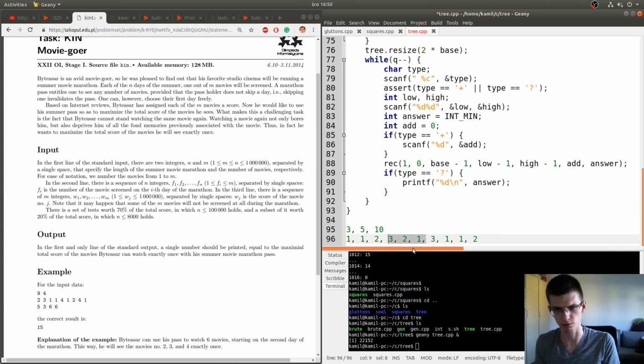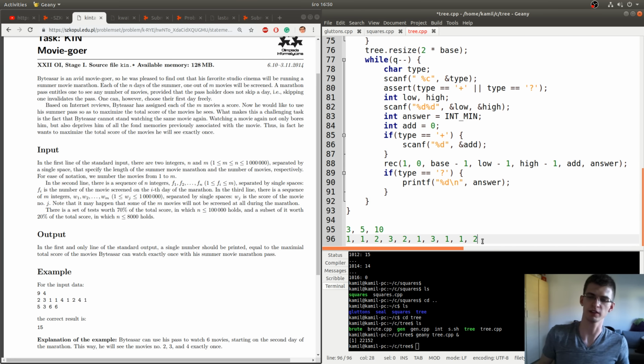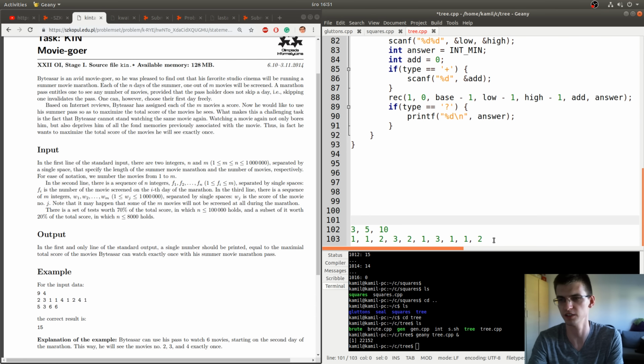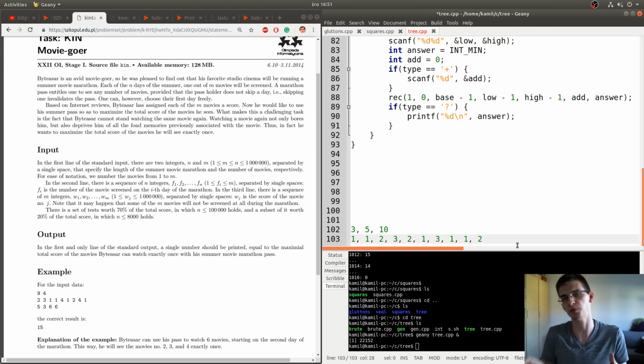This is quite similar to what we did previously with rectangles, but here we have just, let's say, one dimension. So right now we do something like this. For every existing movie, there is some interval, and we know that if the end is exactly there, we get plus something to the answer. So in our implementation, we'll get kind of queries. Maybe I will move the code to the top more because it isn't relevant now. We'd get some operations like increase this interval by plus something, meaning if the end is there, the score is bigger by this.